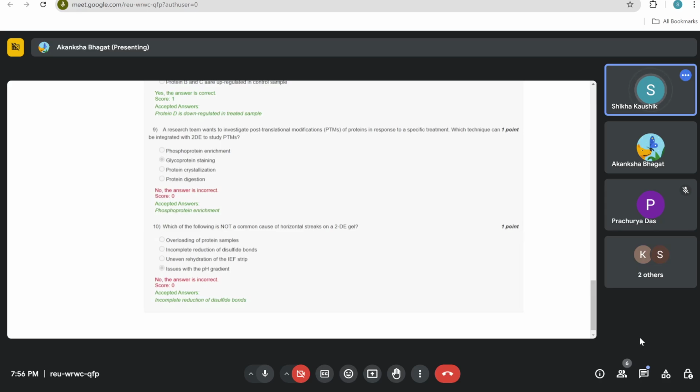Glycosylation, glycoproteins are added, but at the same time, in response to a specific treatment, I said, when we talk about any treatment, phosphoprotein enrichment is the only one, I think, that we study with 2DE, because the rest we cannot study with two dimensional. This is my opinion, I need to check this, just give me a second. I think it should be phosphoprotein enrichment only, but glycoprotein staining is not,